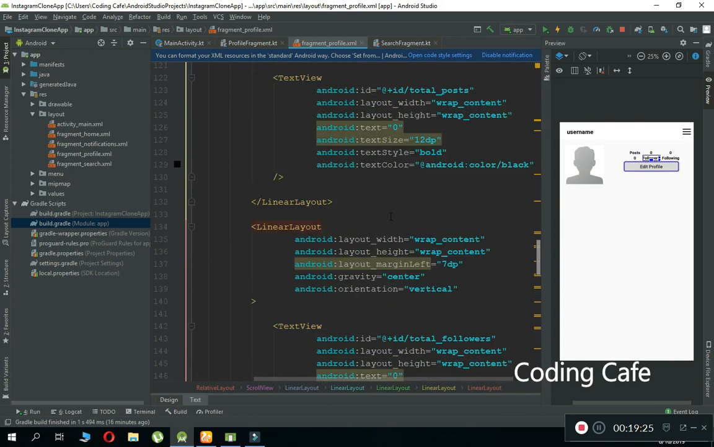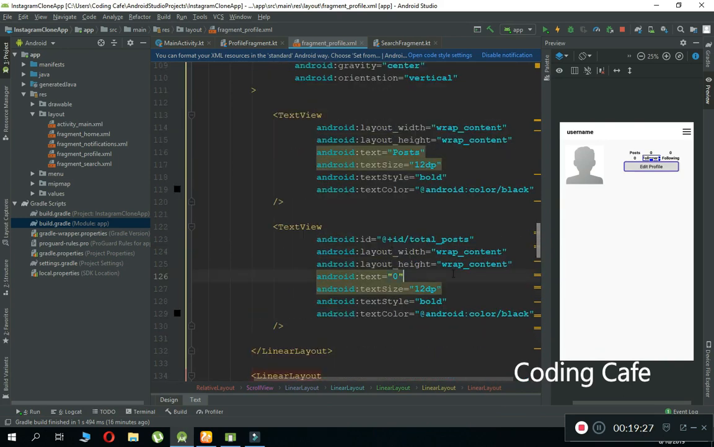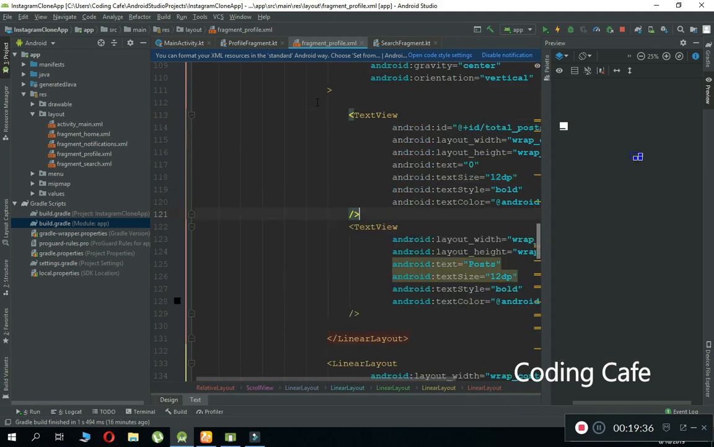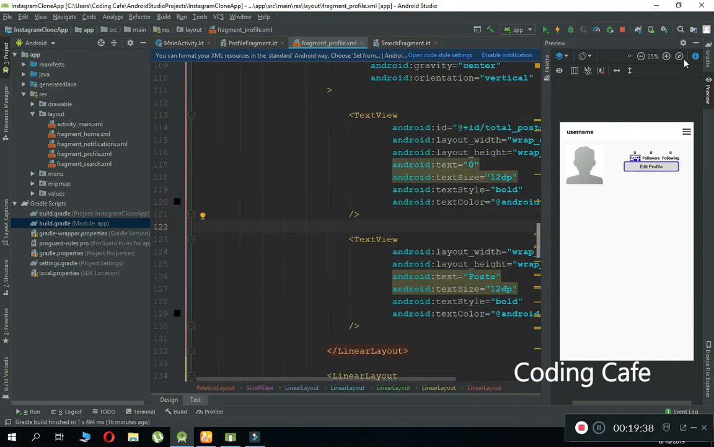Now the same for this last one, which is the posts. So just cut this counter, this 01, and paste it above the posts text view. Here you can see it. Now it is really nice. So yeah,